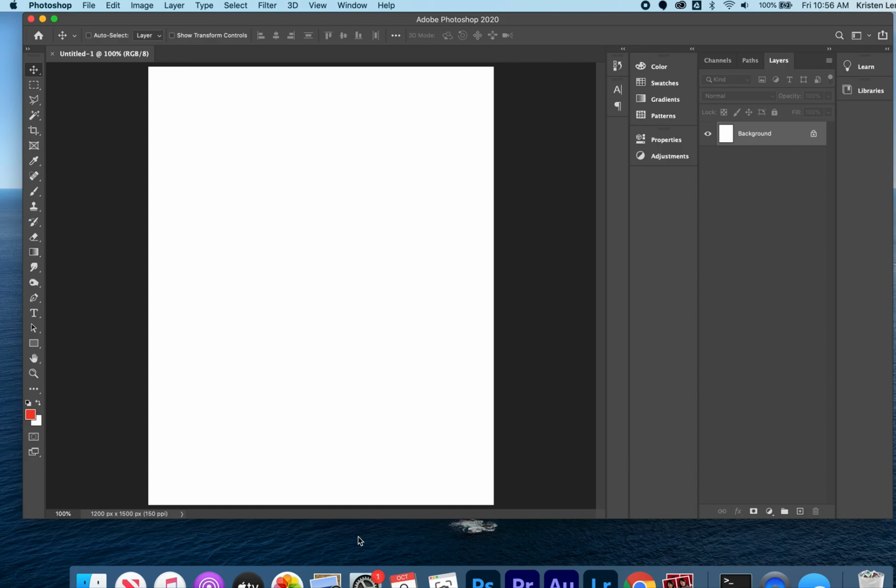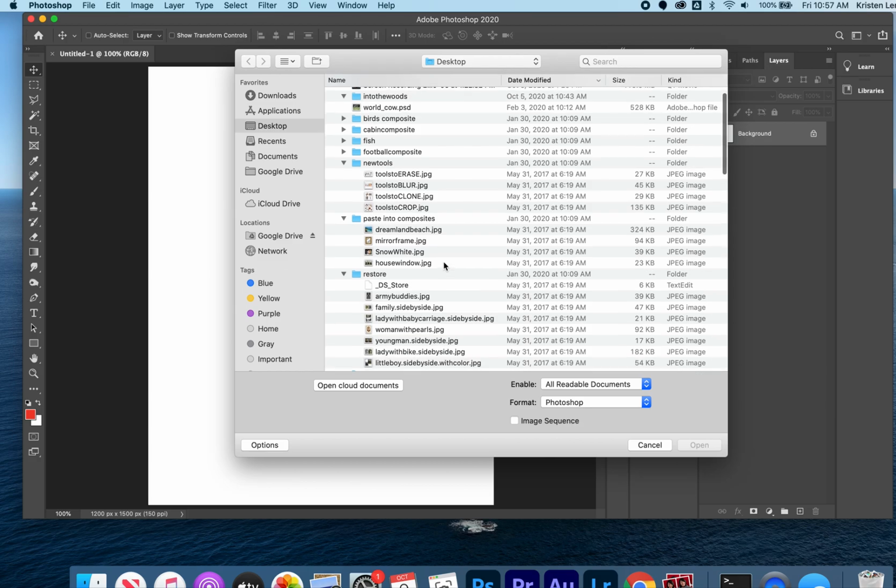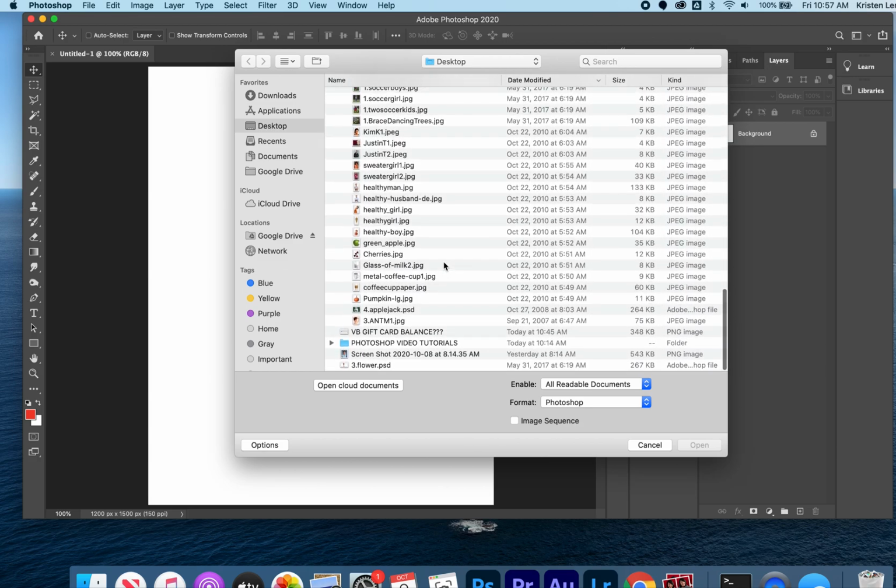Hey, so today we're going to talk about drop shadows. If you can open up your packet to the page that says drop shadows, we're going to talk about them. They're pretty awesome. So the first thing I want you to do is a Command O to open. And I'd like you to please open up the file. It is literally called